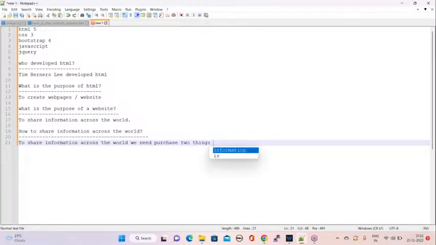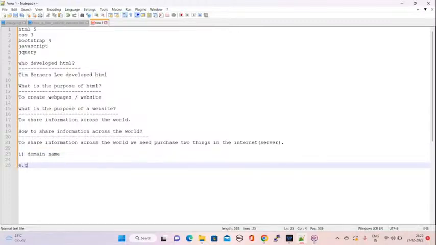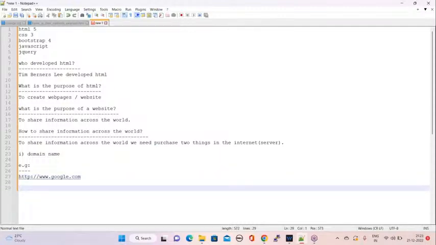Two things in the internet. Internet means server only. One is domain name. For example, http://www.google.com. This is the domain name. Okay, right. Then after hosting space,